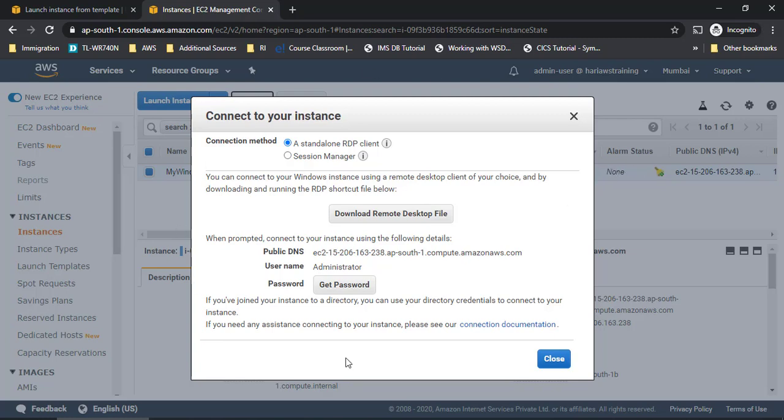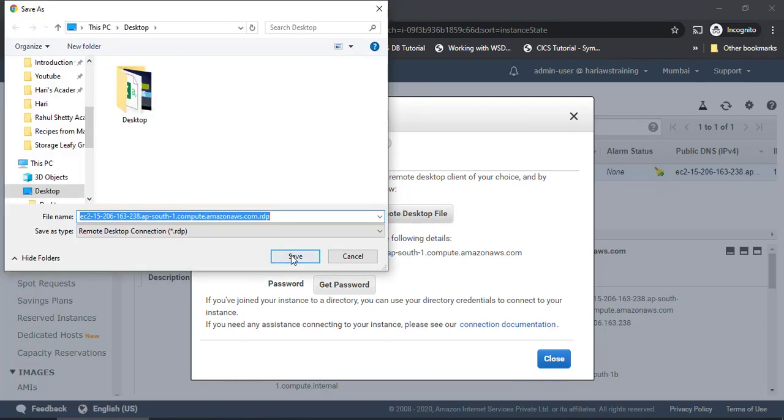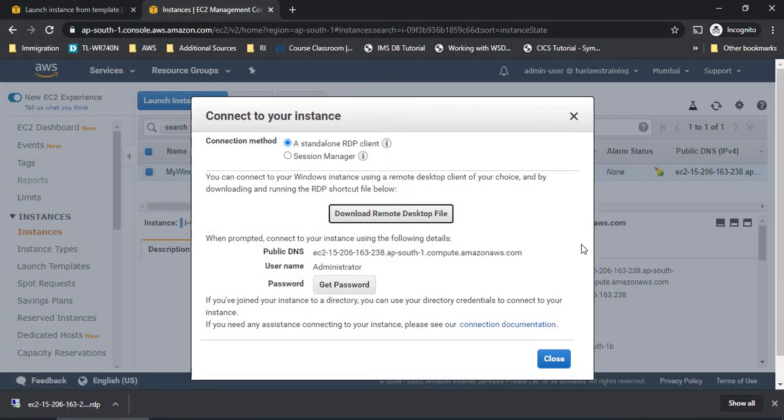Here it is a little bit different. I'll have to download a remote desktop file, an RDP file. Let me download that. I'll save it on the desktop, and then there is one option called password which is not generated yet. It will take at least 4 minutes to have this password generated, and for generating this password we need a very important thing, which is the key pair.